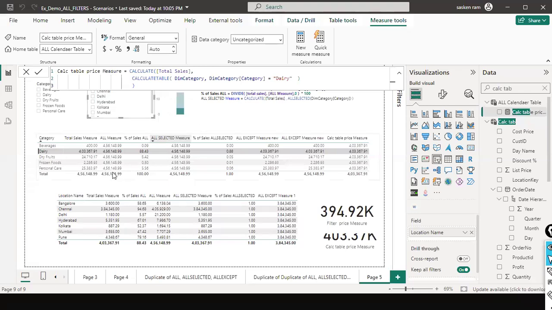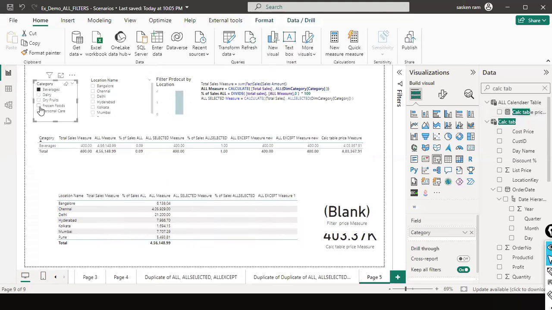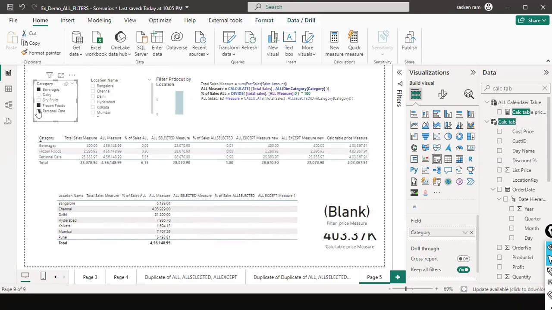And if you see here the dairy category, what is the dairy category total in the calculate table price measure? And here in the dairy category, 4,03,000, right? See here, 4,03,000. That is the one displayed across the rows here. Okay, dairy. So now what I do is, if I select the beverages and the frozen foods and personal care, okay. So within this filter context, it still displays the,